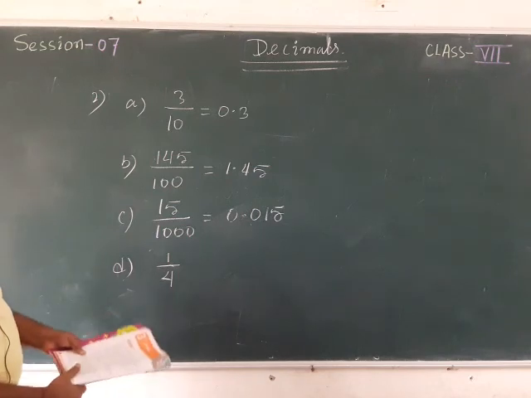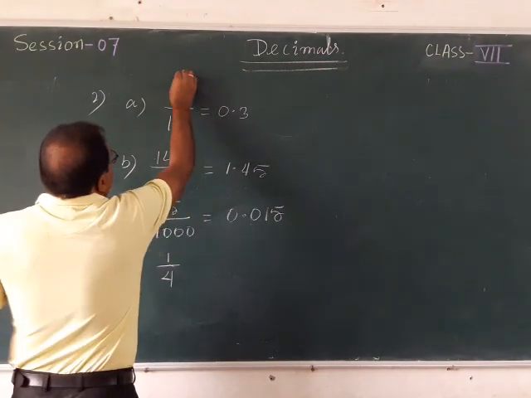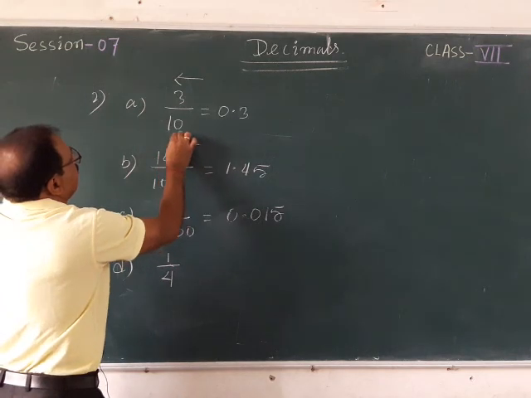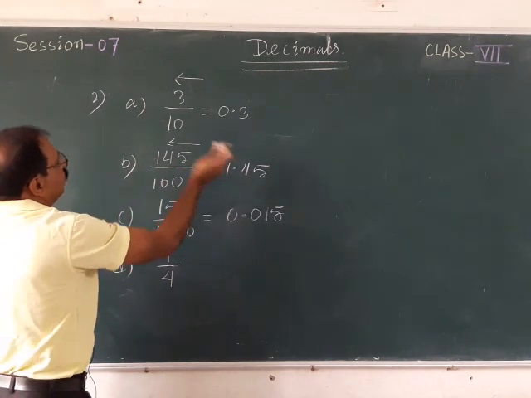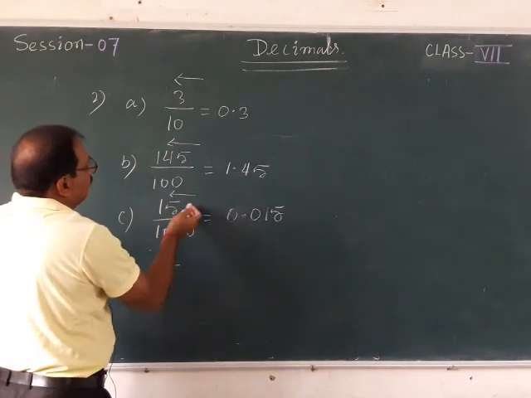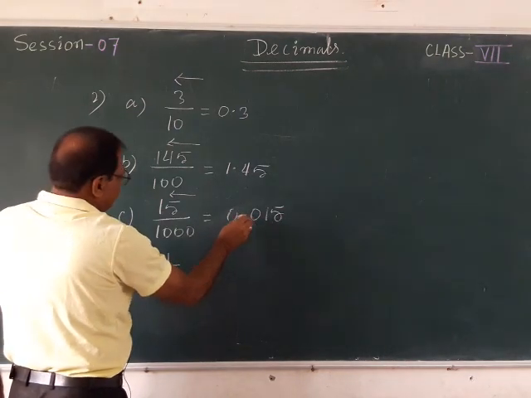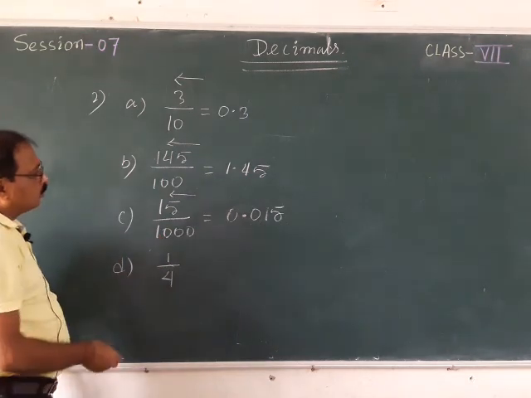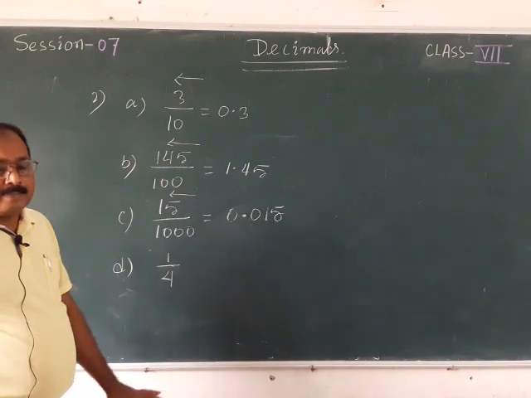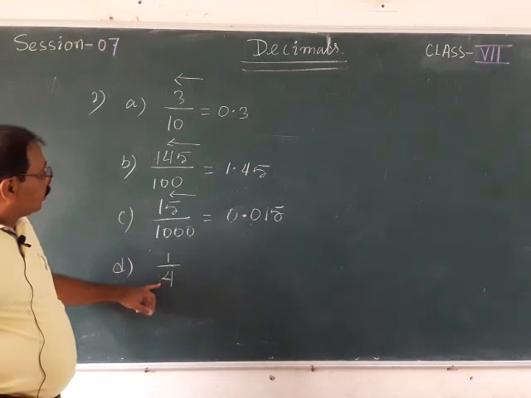Now you have seen that for 1 upon 10, the decimal shifts from right to left by one place. If there are 2 zeros, the decimal shifts 2 digits back, right to left. If 3 zeros, then the decimal shifts 3 digits back, and where a digit is not there, I put a 0. But if you have no 0 at all, it is very easy and simple to place the decimal point, but here there is no 0.